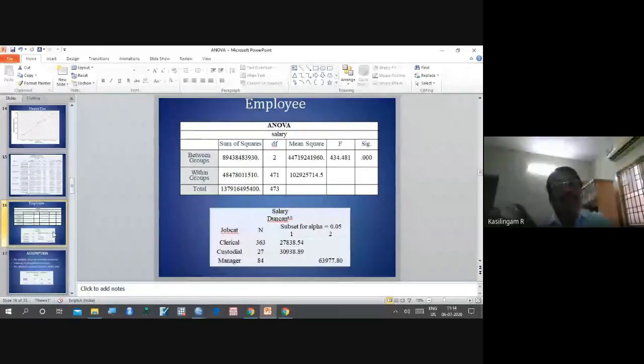Then you cannot compare. Here we are comparing to find the difference in the mean. So when the variances are different, this mean comparison we cannot do. That is why they have put an assumption that the groups should be homogeneous.